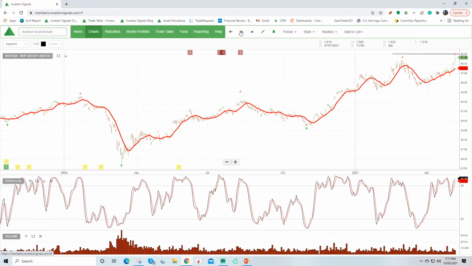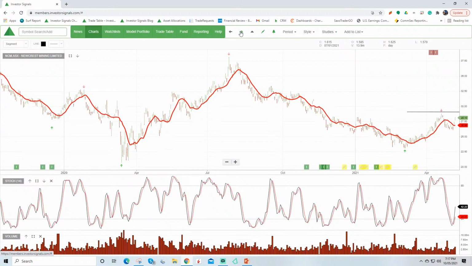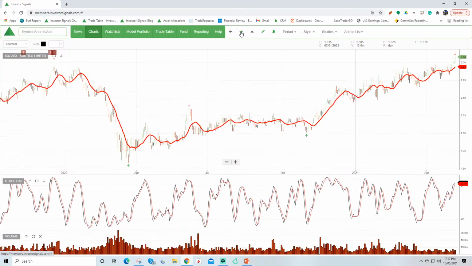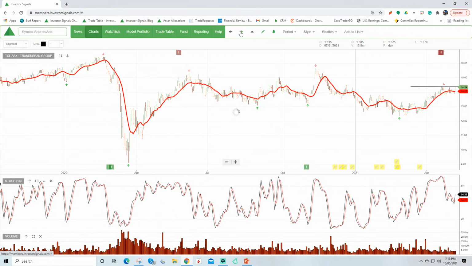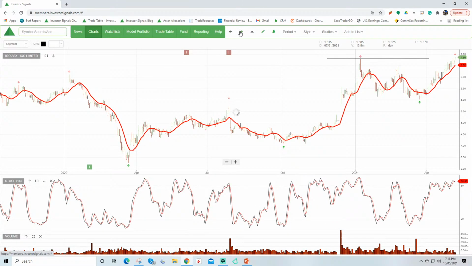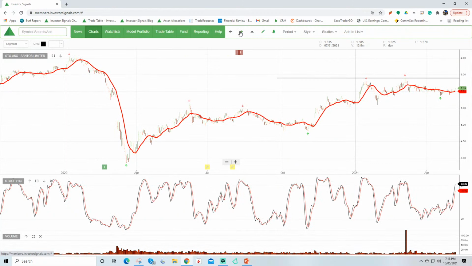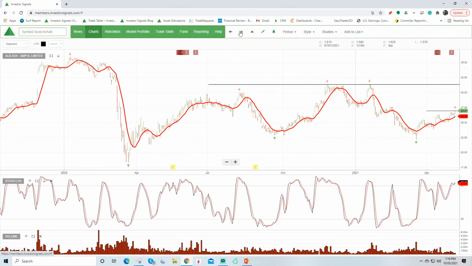It is under sell conditions at the moment, whereas Fortescue's under buy. So Fortescue's our preferred holding, and BHP will look for a shift back to buy conditions later in the year. Newcrest under sell. Our preference there, therefore, is Northern Star over Newcrest at the moment. South 32, not doing there at the moment. Transurban, we're not doing anything there. IGO's under sell. Santos is under sell, so Woodside over Santos is a preference.